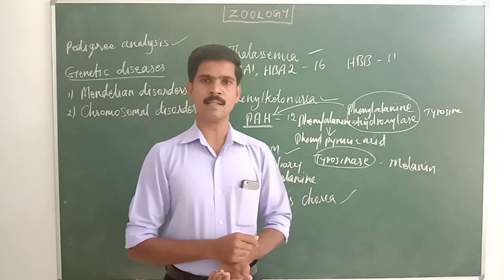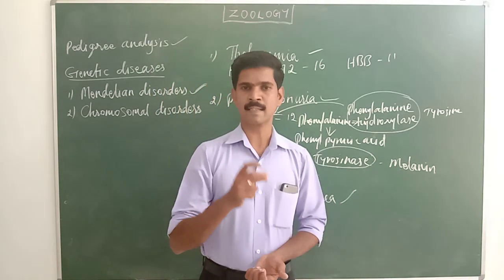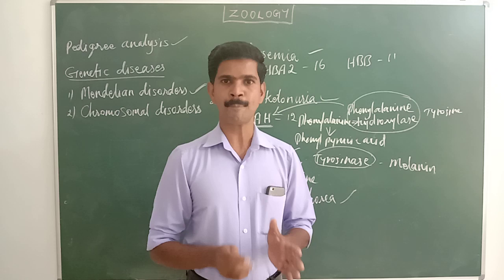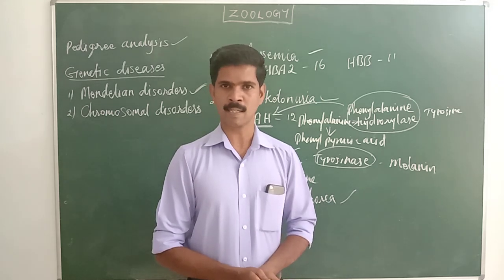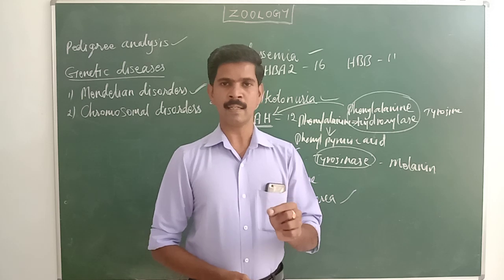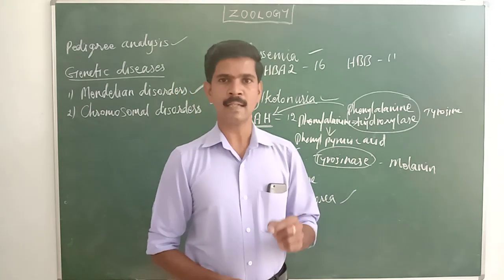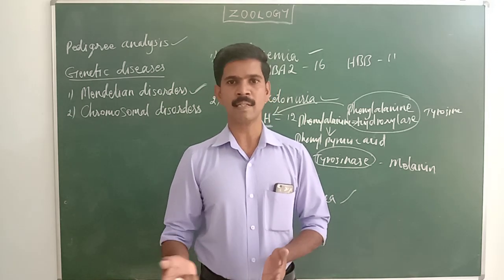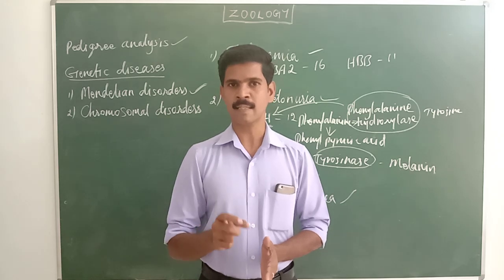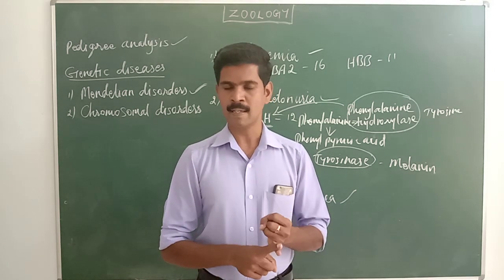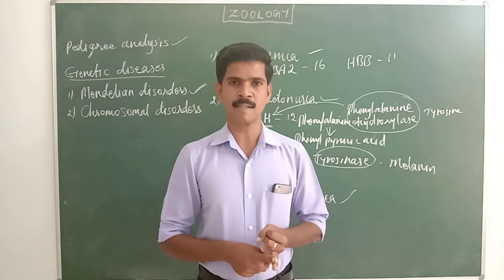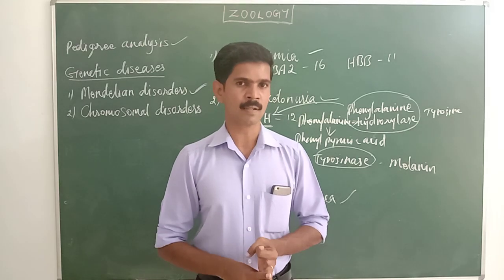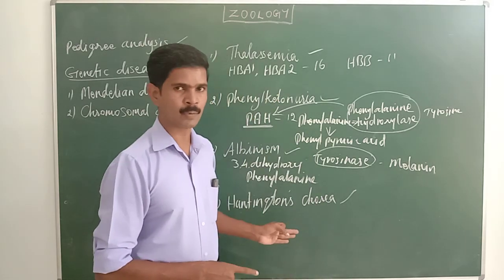And the next symptom is that the nervous system is completely damaged. This disease completely damages the nervous system. Hope you understood the second character. And the third one, finally, it leads to physical and mental destruction. So physically affected and mentally affected. So the affected person's first character is uncontrolled jerking of body muscles, the second is that the central nervous system is damaged, and the third is physical and mental retardation. So these are the three main characters of Huntington chorea.